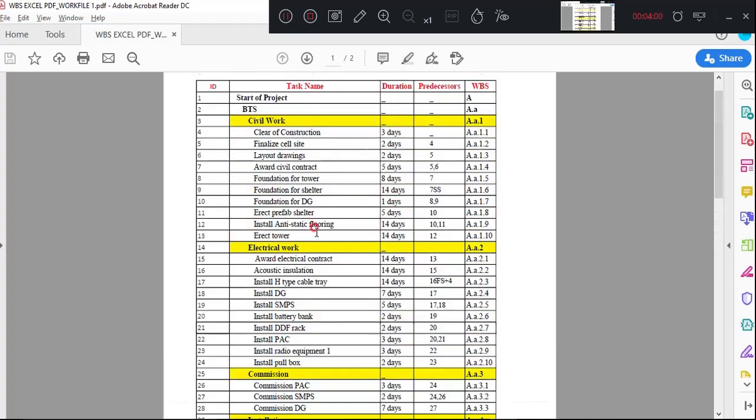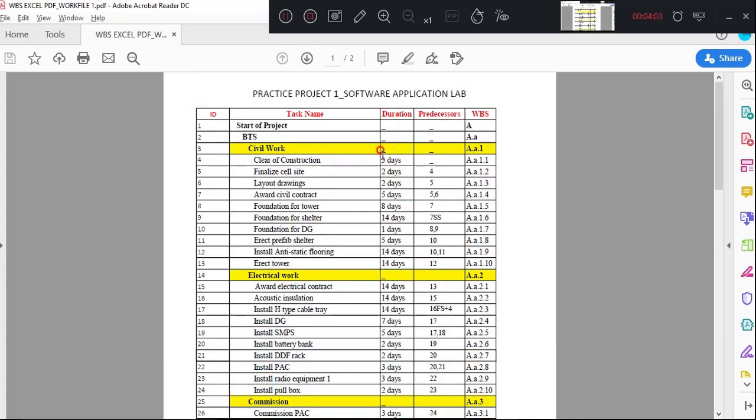Now let's input the duration. Where it is a dash, keep it blank, or you can give it as 0 days. I am repeating, where I have not given any duration, keep it blank or make it 0 days. Later you will come to know why. By mistake, if you create anything, it will not be considered a summary task. One more very important thing: your summary task will not have any duration, and it will not have any predecessors. Your summary task and your project summary task will not have any predecessor or duration. You will understand why.